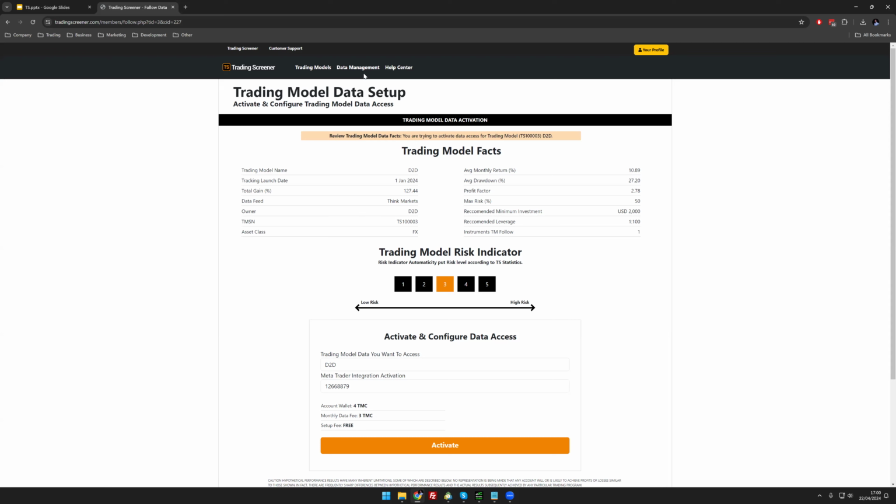And by default, when they sign up for a trading screener monthly package, everybody gets 3 trading model credits. So technically speaking, they can get up to 3 different subscriptions to up to 3 different trading models